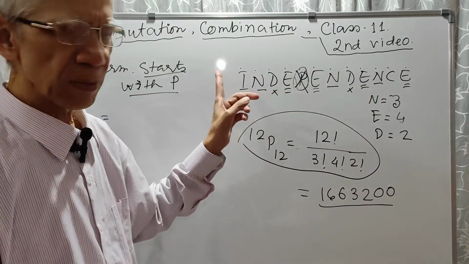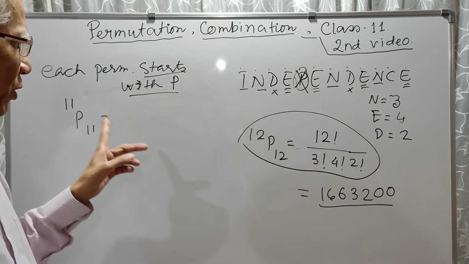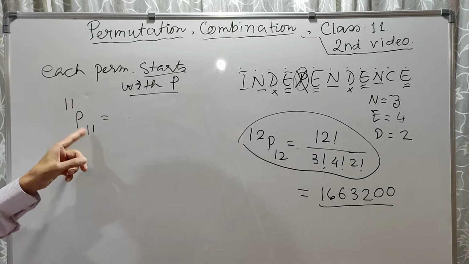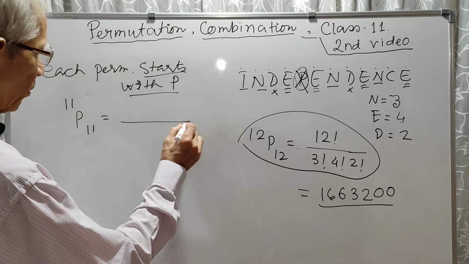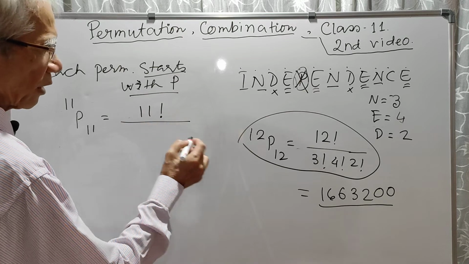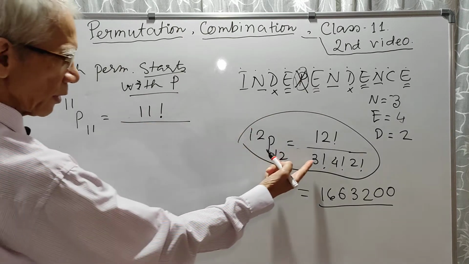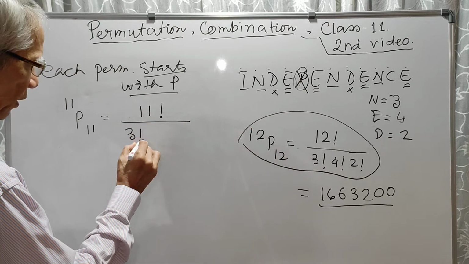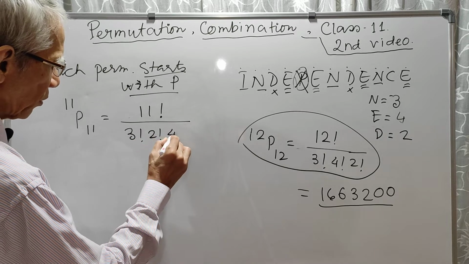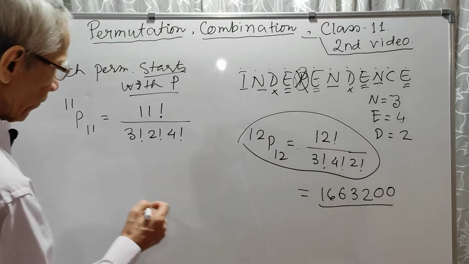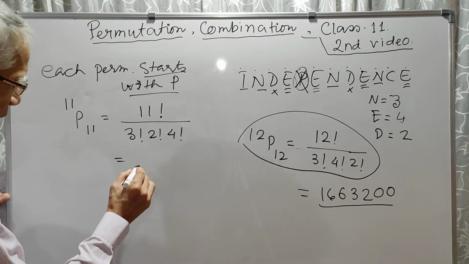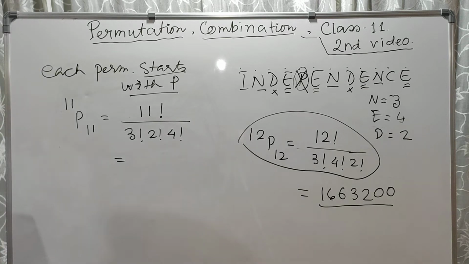Therefore, how many letters remain? 11. So make permutation of those 11 letters. 11P11. So 11P11 will be what? Factorial 11 divided by this. This will remain, of course. Factorial 3, factorial 2, factorial 4. Okay, so now this one, if you calculate, it will be